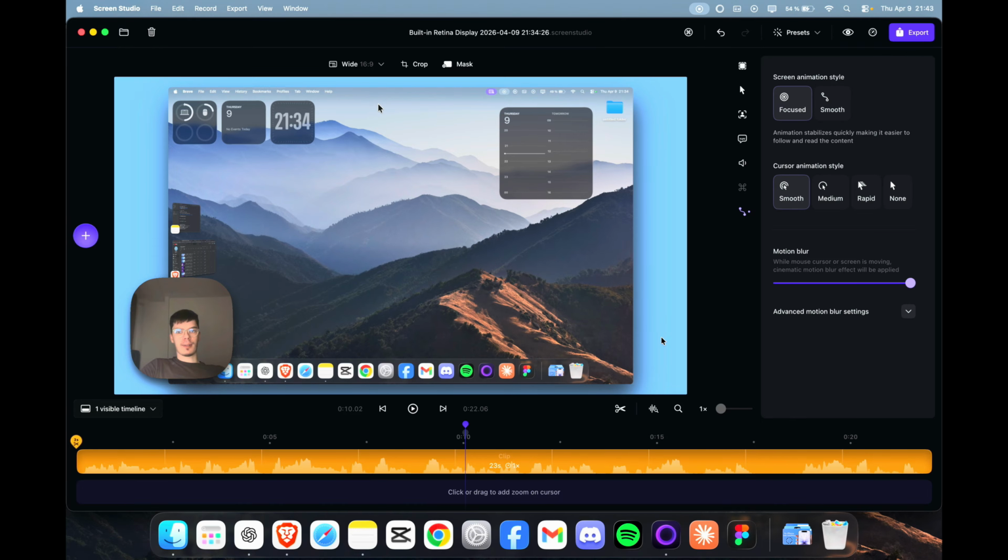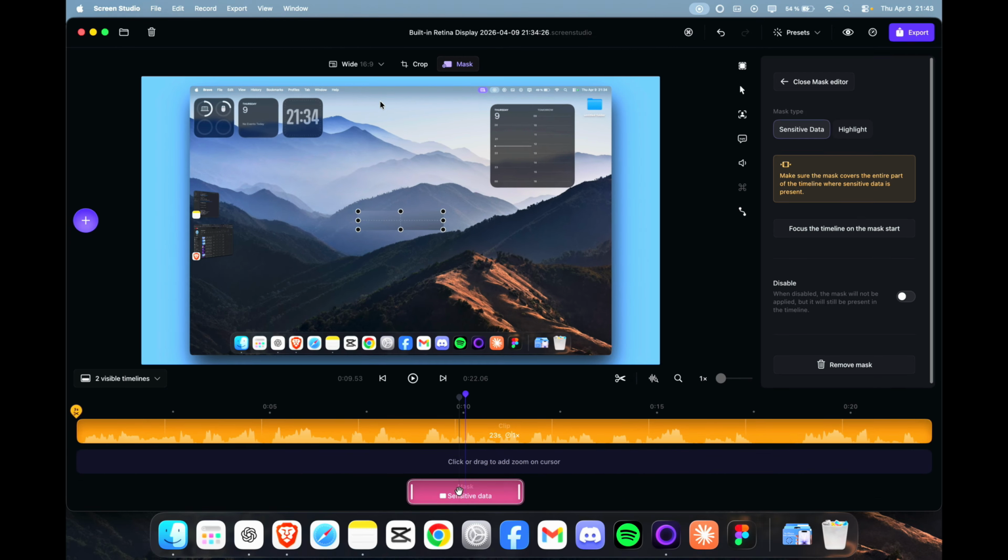Overall, I like this program. The only disadvantage for me is that you cannot add multiple masks at once. This is the one thing